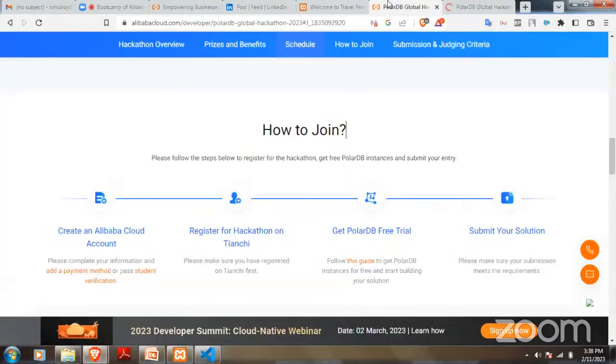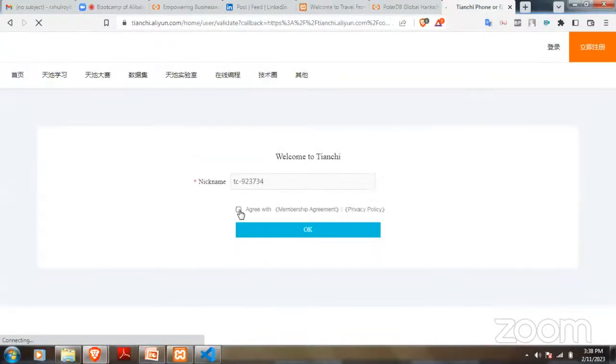So in this particular hackathon, it is the most important that, as you can see, the Tianchi name is really very important, guys. You are going to use it for the further steps. This is going to be the most important part in this whole hackathon. So I want you to take a pic or copy it somewhere that you can access it, because in a further step you're going to need it, right?